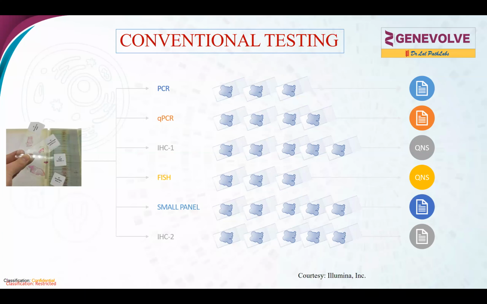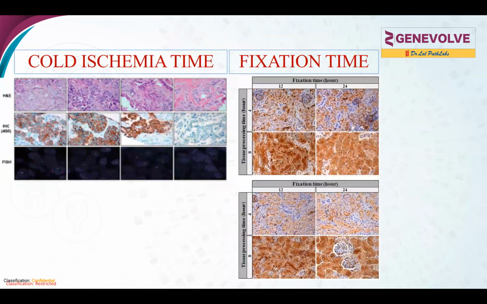So tissue becomes a big issue when you're looking at conventional testing. It's very important to understand two variables once the biopsy is done. One is cold ischemia time, and two is the fixation time. The cold ischemia time, as you can gradually see, this is 1 hour, how the tissue looks. This is 2 hours. This is 1 hour after the biopsy is done and it is put into the formalin. This is 2 hours, after which it is put into the formalin. 3 hours, 4 hours. So if you see the positivity for IHC for this particular ERBB2,